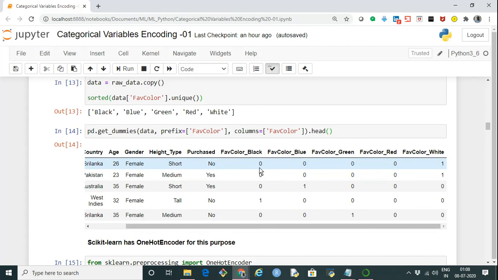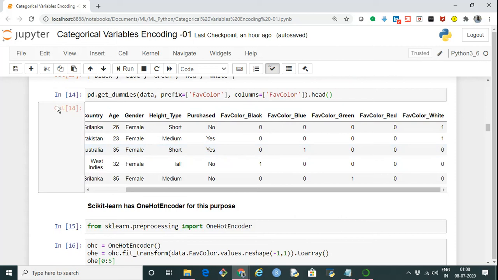In each row, the numeric 1 will be present only in one column, indicating that this particular row had the color white. This row again has the color white. The third row has the color blue, the fourth row black, the fifth row green. So the presence of a color is indicated by 1 and the absence by 0. By default it creates as many dummy variables as we have categories in the categorical variable. That is one method, using pandas.get_dummies.